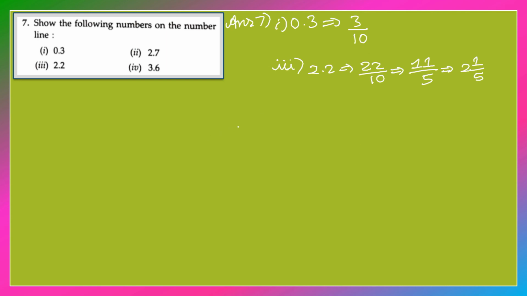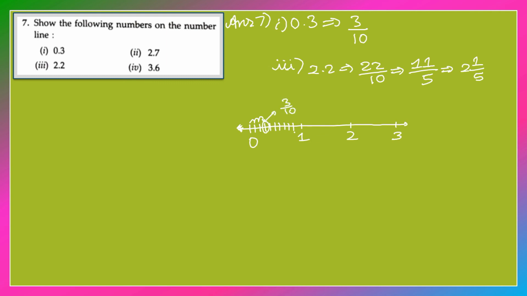Okay friends, so now first of all, let's draw the number line. Let's start with 0. If you want, you may not draw this arrow, but it is not important. 0, then we have here 1, then we have here 2, and then we have 3. In this case, as 3 upon 10 is between 0 and 1, we're going to first divide the distance between 0 and 1 into 10 parts. That is 1, 2, 3, 4, 5, 6, 7, 8, and 9. And now as it's 3 upon 10, we count 1, 2, 3. So I got 3 steps towards the right direction, and this will represent 3 tenths. So it is the logic.